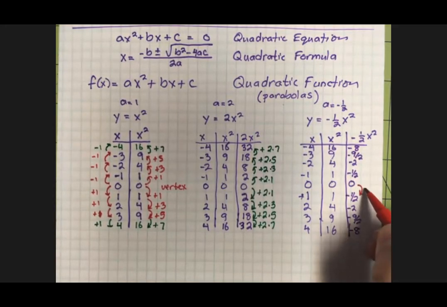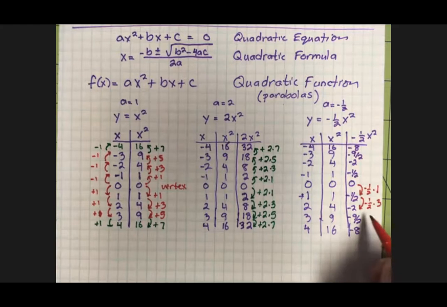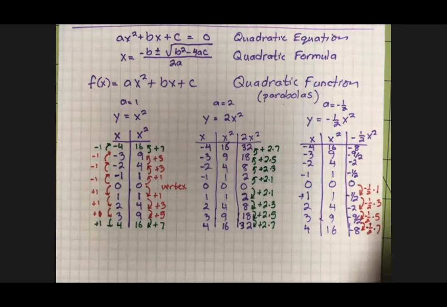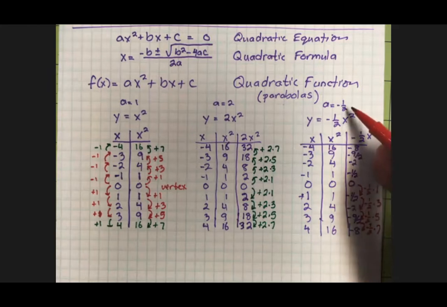This is minus 1/2 times 1. From minus 1/2 to negative 2 is minus 1/2 times 3. From negative 2, which is negative 4/2, to negative 9/2 is negative 5/2. That's minus 1/2 times 5. And from negative 9/2 to negative 16/2 is minus 7/2. That's minus 1/2 times 7. You still have the 1, 3, 5 pattern, but this time it's been multiplied by the a in this problem,